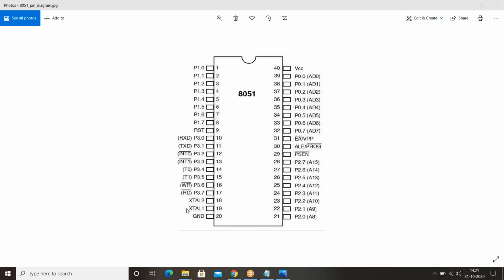If you connect 0 to this ALE pin, port 0 carries data. If you connect 1 to this ALE pin, port 0 carries address, which acts as a demultiplexer, as simple as that. So obviously the 40th pin is the VCC pin. It's clear for you, I hope. Guys, if you have any doubts, you can ask me in the chat box. I'll respond to that.